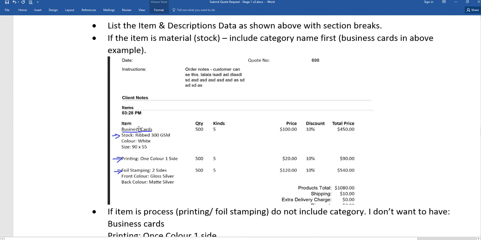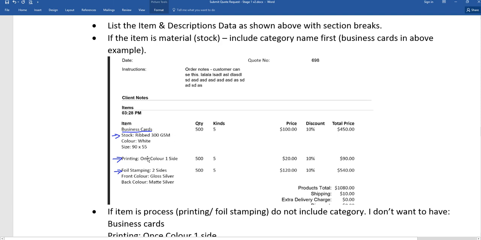Okay, so we start with the category only if any of my items in here is material. Yeah, because I might have a sticker underneath here. I might have sticker printing later on. So this might say stickers, and then stock 150 artboard, and then printing, full color, foil stamping one side, as an item underneath here in the future. So don't let me confuse you now. All you have to remember is, if my item code starts with M, just include the category name,